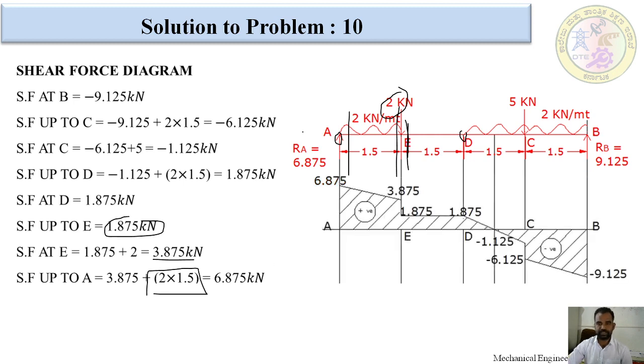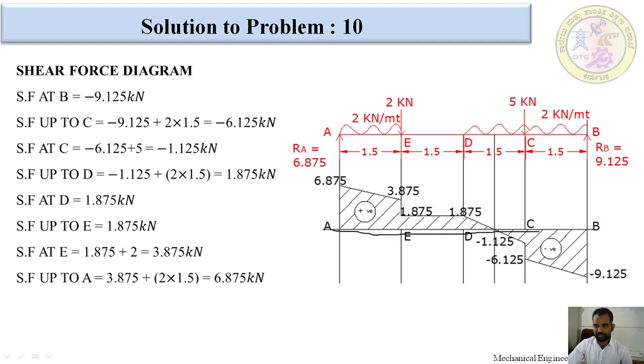Next, we are moving to the shear force diagram. Right, this is the shear force diagram. I am going to arrange these things. First of all, how much did we get? These are the B line, C line, D line, E line, F line. How much did we get at B line? This horizontal line is also called the baseline, or the zero line. I am going to mark negative. Here at B point, we are going to mark negative 9.125.